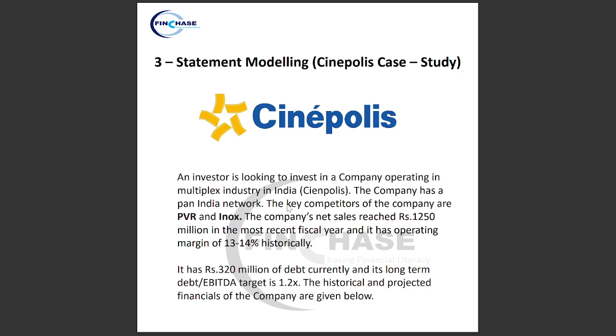ठीक है, अगर ये information हमारे पास नहीं होती, okay, and in case when we are building our model, whether income statement, balance sheet or cash flow statement, and we need certain data from its competitor, whether it is an LTM, हमें कुछ भी चाहिए, ठीक है, from its competitor. So अगर